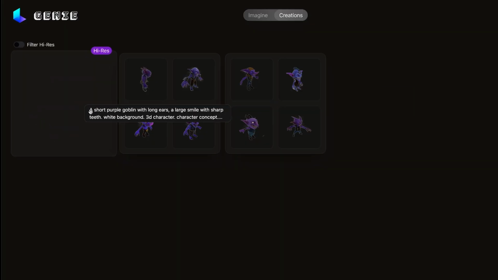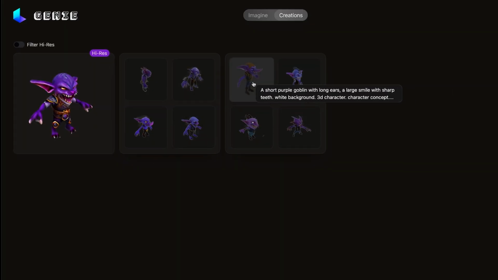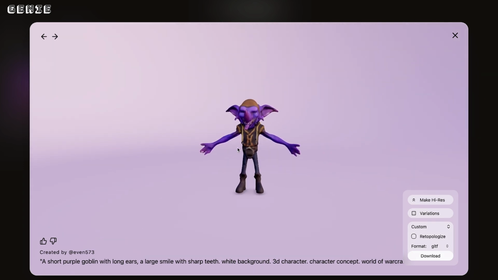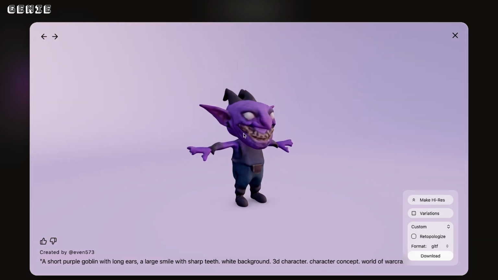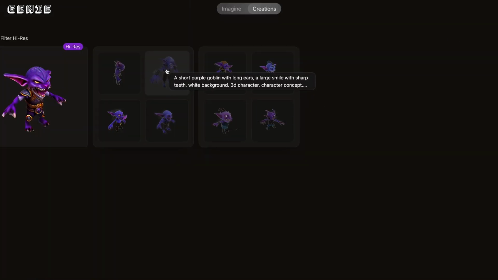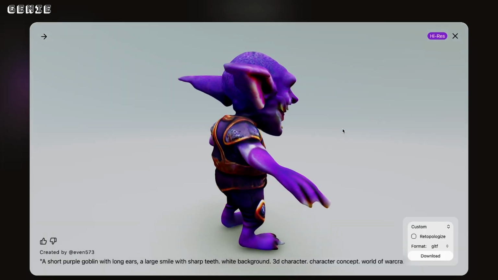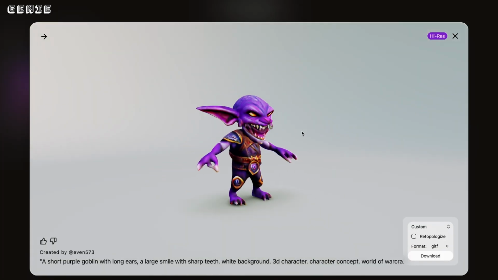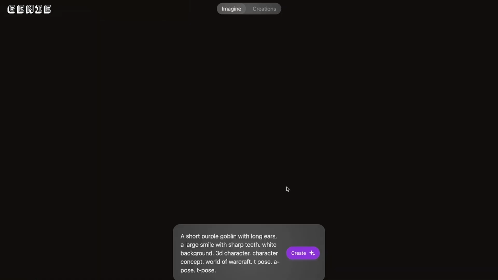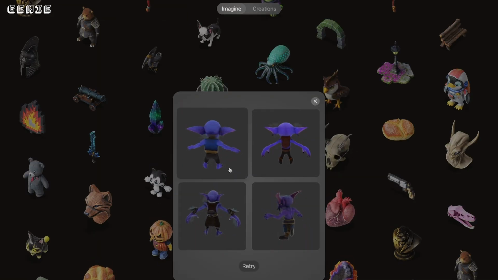I tried a bunch of different websites, but I'll only go through the ones I think work the best. So the first one I tried was Luma Labs' Genie, and I think this works well. The models look really nice, but I don't think the texture looks too good, and that might be because of the prompts I used and not because of Genie. Also, Genie only uses text to 3D and not image to 3D, which kind of limits our ability to design the model.